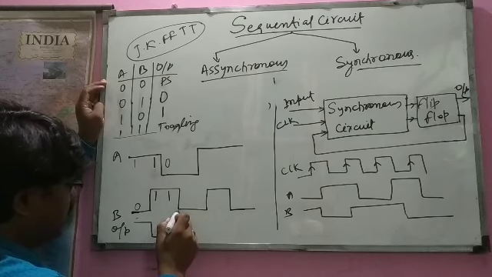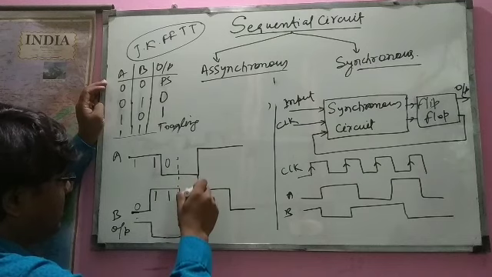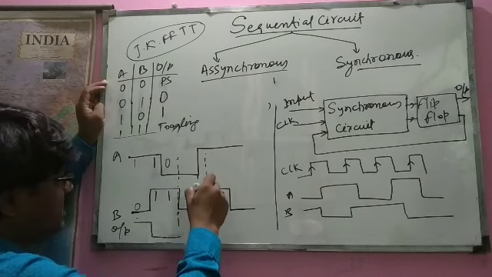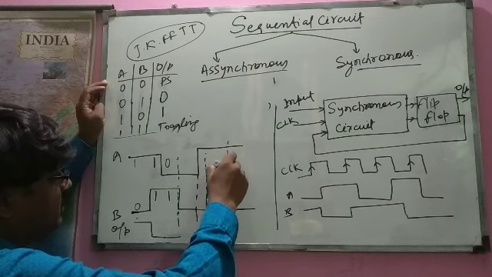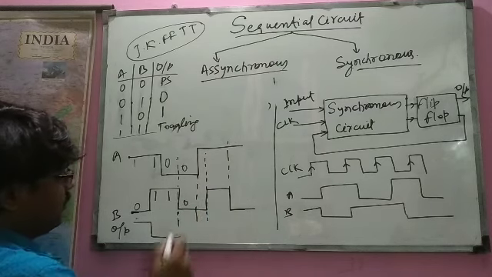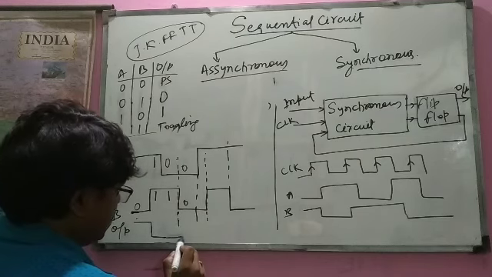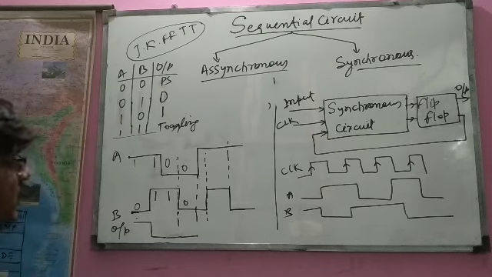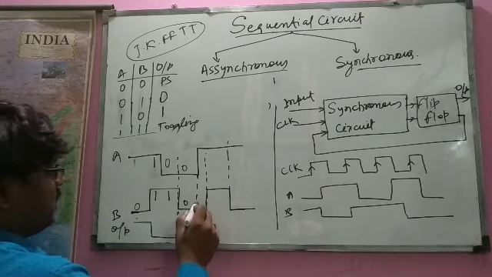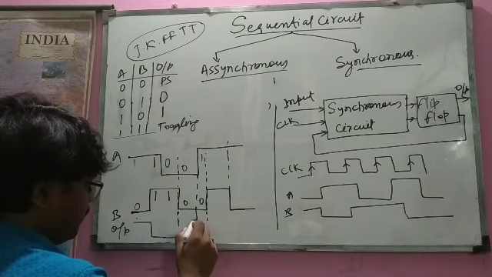Come to this point. Okay, so output may change here, where the input will change. There will be a possibility of changing the output. Here it becomes 0 and this also becomes 0. So at 0 0 its output does not change, so it will remain like this. And here it is 0 and it is 1, so it is 1 0, so it will become high.